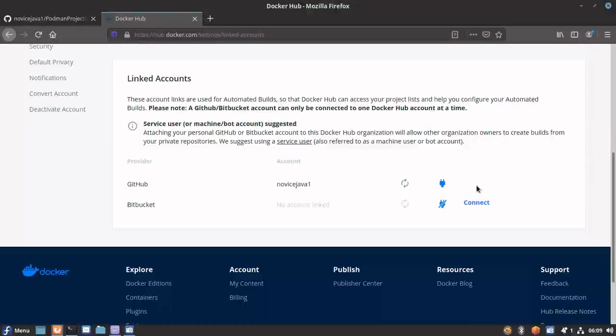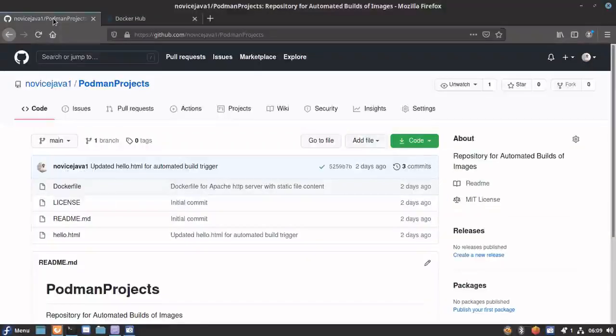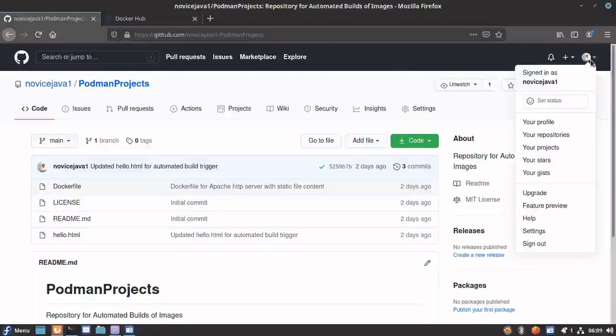Once that is done, whatever you have created in your account gets integrated. Once this integration has happened, there is one thing you can notice in your GitHub. Let me show you that also.